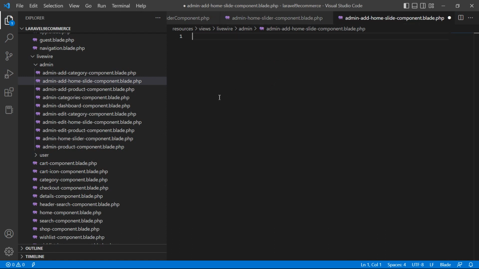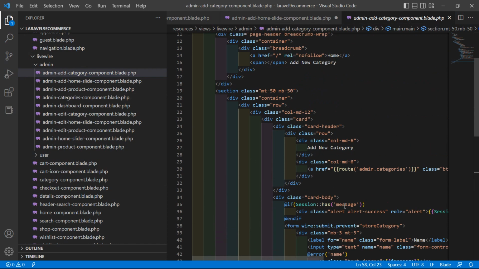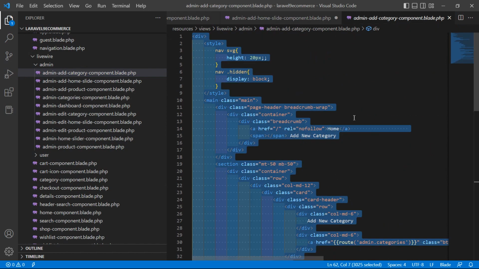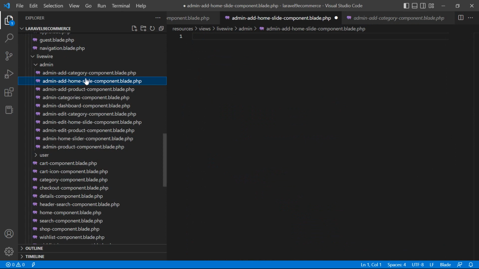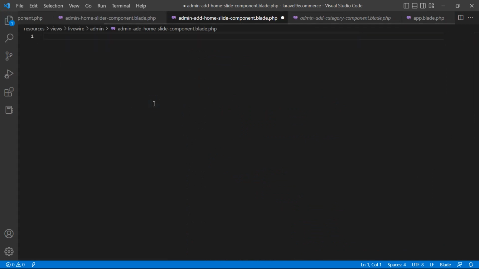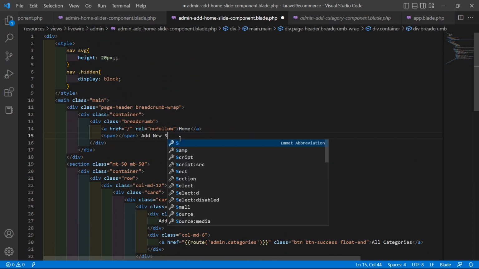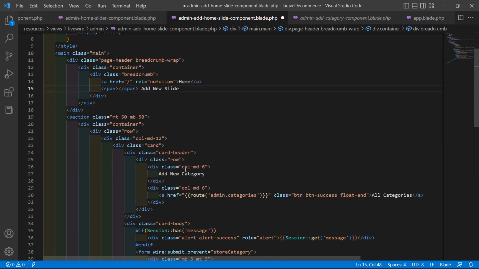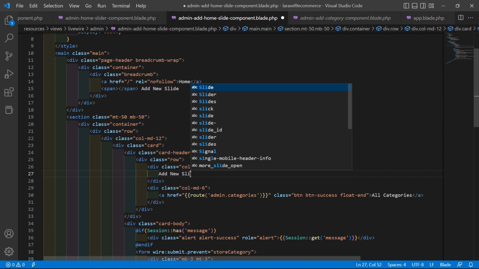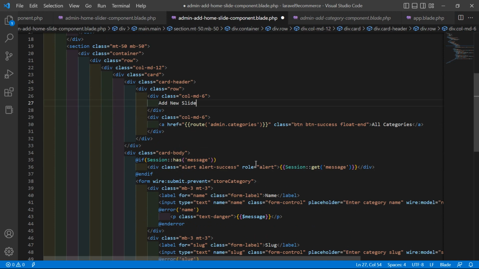Let's copy all the text from the admin add category component view file, and inside this add home slide component view file, just paste here. Okay, now change here the text, add new slide, also change here as add new slide,